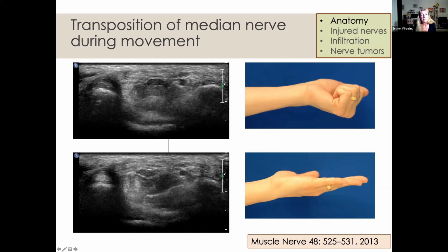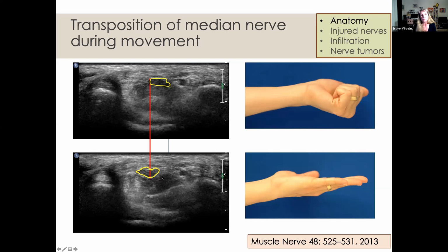You see the median nerve. Here is the tubercle of the scaphoid, the flexor carpi radialis. And what you see, this is the cross-sectional area right in the center when you do a fist. When you extend your fingers, you actually see that this cross-sectional area goes along to the radial side, to the scaphoid tubercle. About half of the transverse cross-sectional area